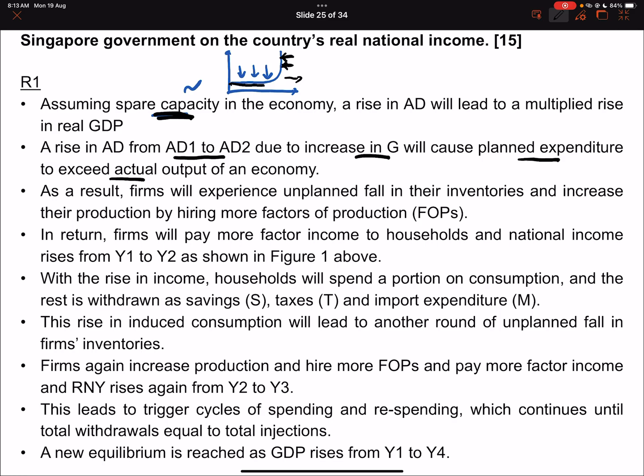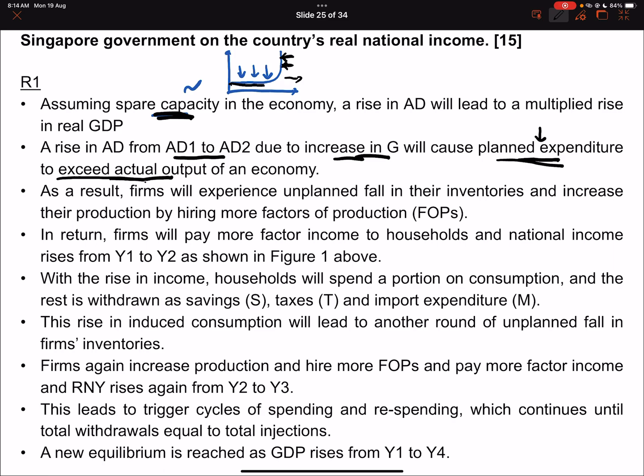So planned expenditure means that every time Harvey Norman stocks up their warehouse, they expect to sell a certain amount of laptops every month. But then suddenly, if the government comes in and buys all 10 laptops, then suddenly it exceeds what they actually have in the warehouse. Okay, but you don't write any of that. What you write is planned expenditure exceeds actual output. But intuitively, that's what it is. So it happens not only for Harvey Norman, but a lot of retailers that stock digital products, right? So planned expenditure exceeds actual output.